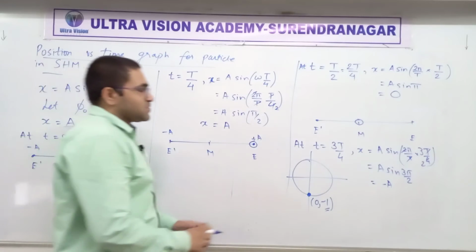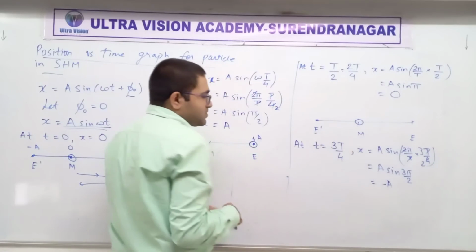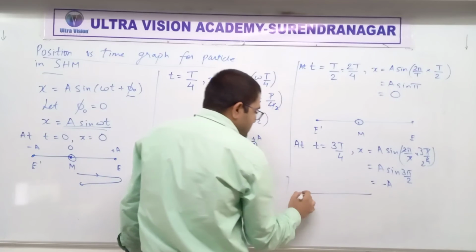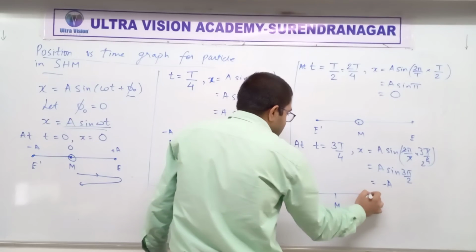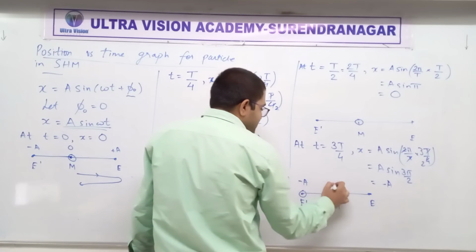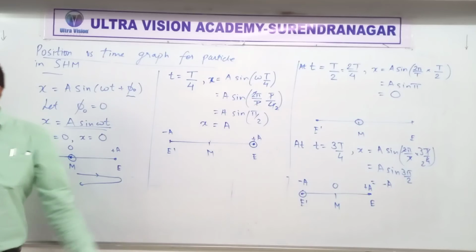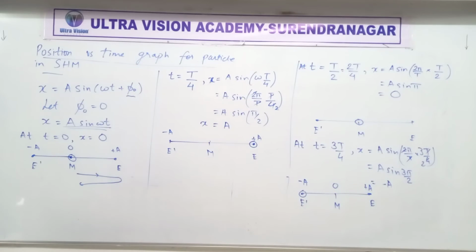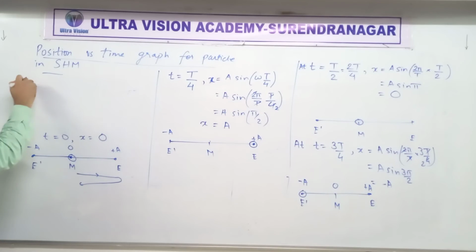Okay, I hope that is clear to everybody. So that's the third thing. Now let's draw it on a diagram like this. So here is E dash. This is where the particle will be, at x equal to minus a. Fine. And now the last one. What will be the last one? When time is